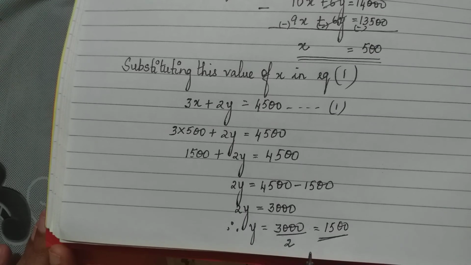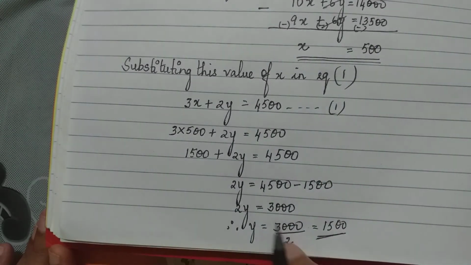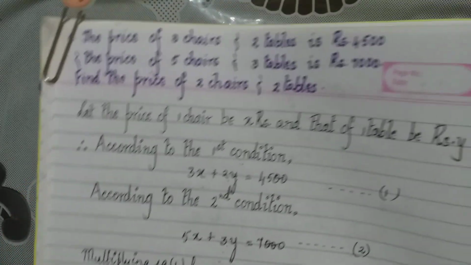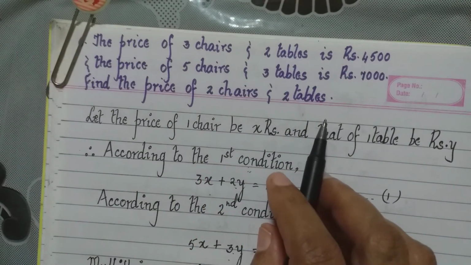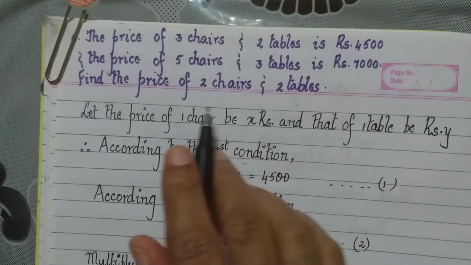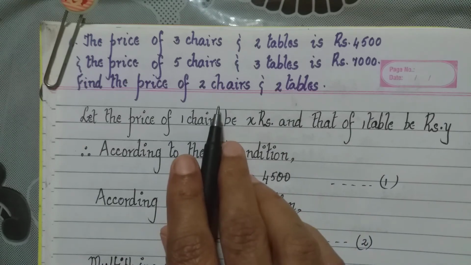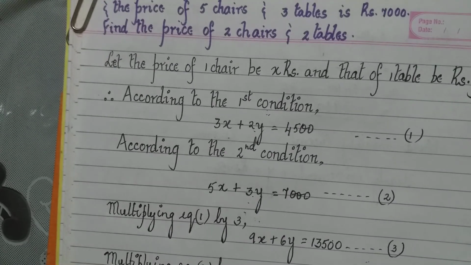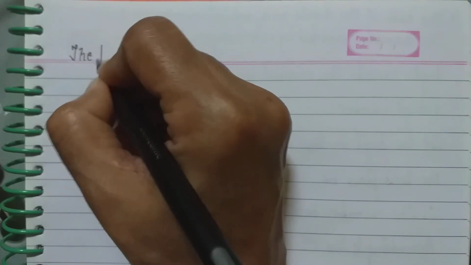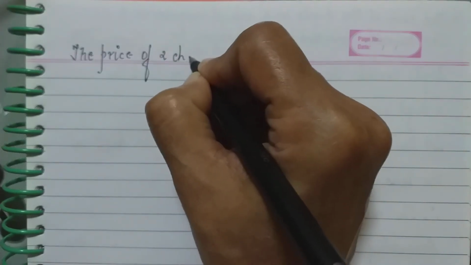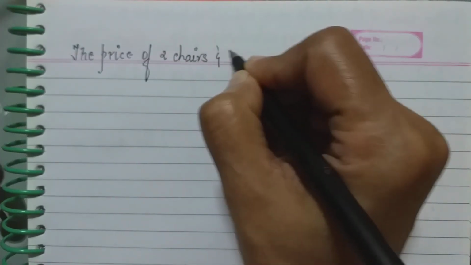So we have got the value of y as 1500. Now once we have got the value of x as 500, the value of y as 1500. If you remember, the question was to find the price of 2 chairs and 2 tables. Each chair was costing x, each table was costing y. Therefore, the price of 2 chairs and 2 tables will be 2x plus 2y. So, let us write the price of 2 chairs and 2 tables